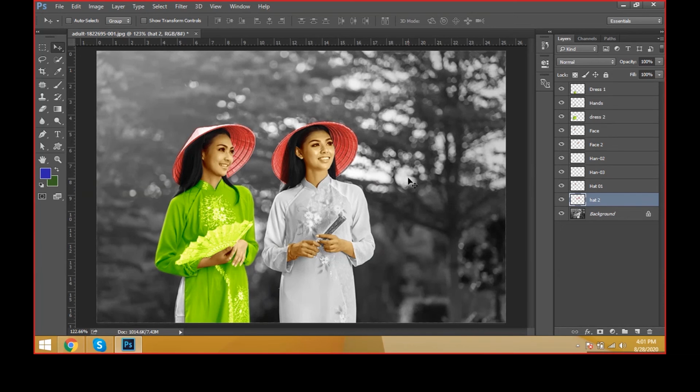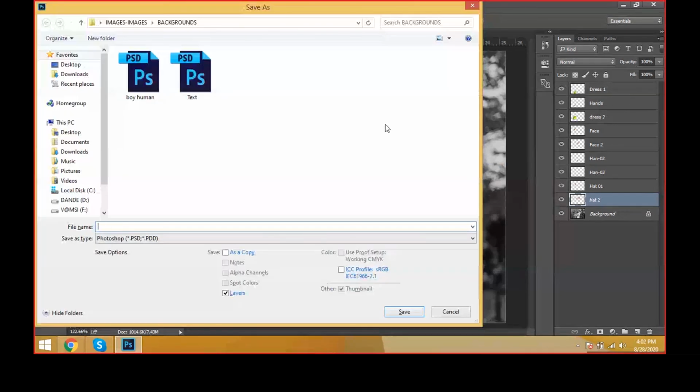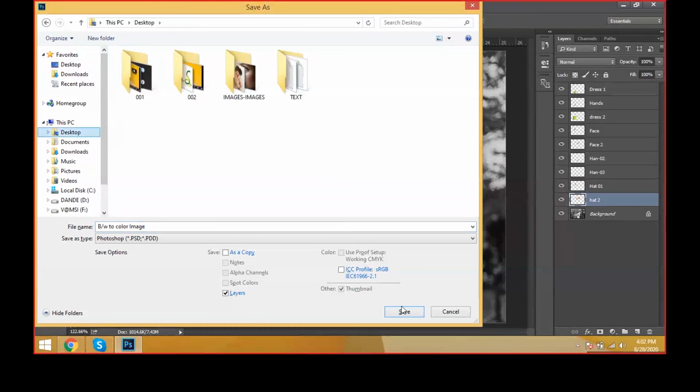Okay, thanks, and save this one. This is an image, black and white to color image, and select this one. I'm giving the desktop, save it.